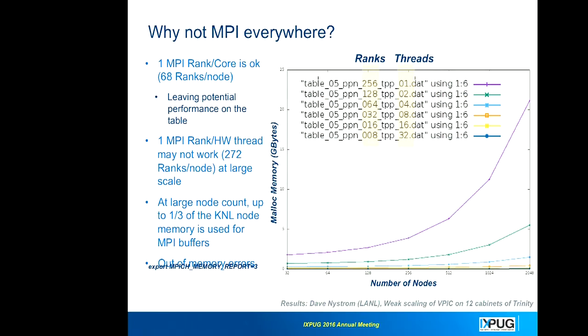So with the future of computing, it seems, at least with the KNLs, and at least for now, MPI everywhere doesn't seem very feasible. Yes, you can do 68 ranks per node, but then you're leaving a lot of performance potential on the table because you're not using the hardware threads. If you do use all the hardware threads, for this application done by Dave Nystrom, he was showing that you can use up to 1/3 of the memory,